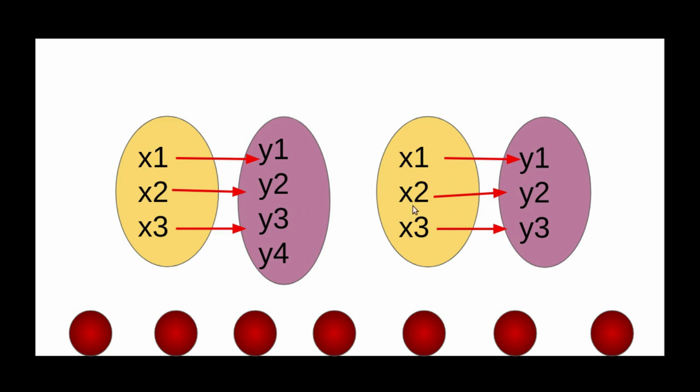Now in this fourth case, every element of A has a unique image, so it is a function. Distinct elements are mapped to distinct elements, so this function is 1-1. Every element of B has a preimage, so this function is onto. So this function is both 1-1 and onto. So this is a bijective function.